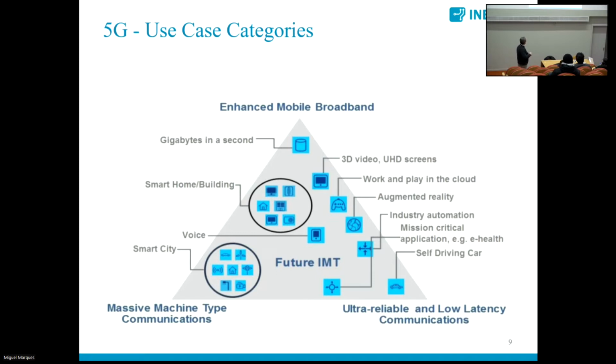And also, we started to define use cases for this technology, for 5G, which enable us to get information from a large number of sensors. That is, the communication system should also be able to get information from sensors that are sleeping a lot of the time and should not, for instance, consume much energy. And so from that point of view, they are very different from a mobile phone.